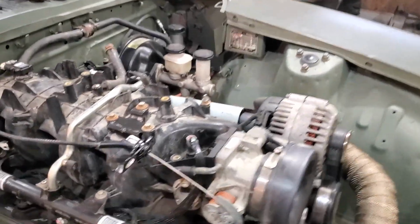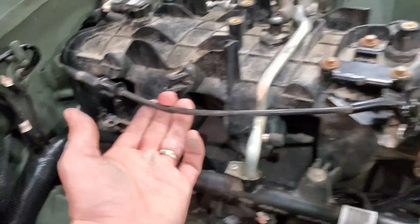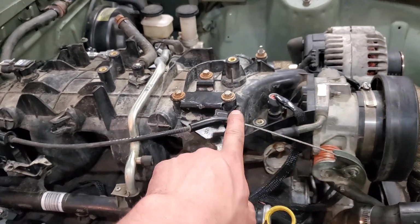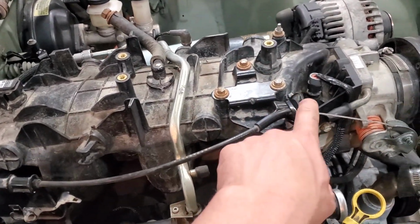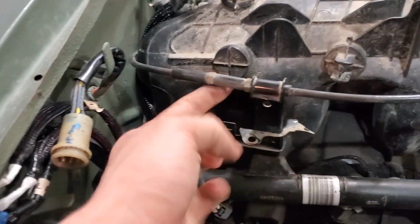Alright, so just real quick, what we did here for a throttle cable. The cable itself is from a 2000 Civic. Truck bracket, had to mess with that little connector piece that goes through the firewall of the Civic. Messed with it a little bit to make it fit, just drilled the holes out a little bigger. This bracket here